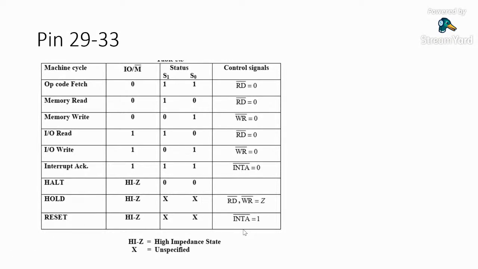microcontroller is being reset, forcefully reset by occasion, then the control signal of its condition will be one or high in the interrupt acknowledge. So here X means unspecified, it means that whatever condition it has is unspecified. Okay,